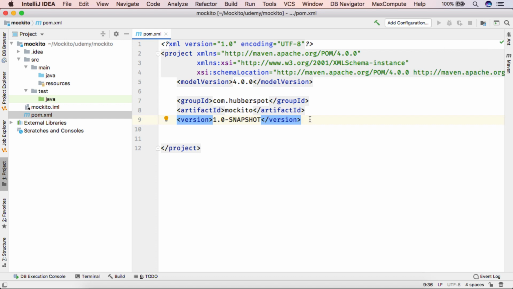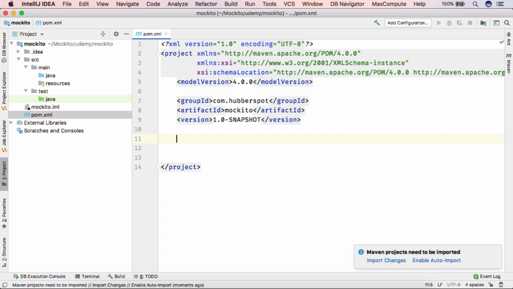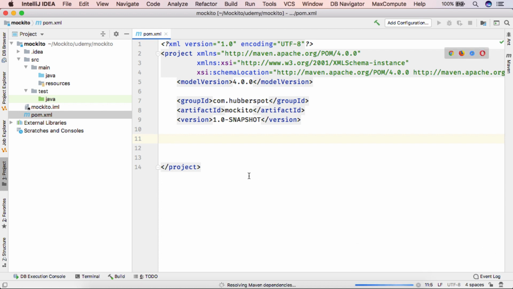This XML helps us in configuring a Maven project. In this XML we can configure the dependencies which we want, and we can add the plugins which our project requires. Currently we will be adding the dependencies related to JUnit 5, and later on we will add the dependencies related to JUnit 4 and Mockito. So we'll enable the auto import.